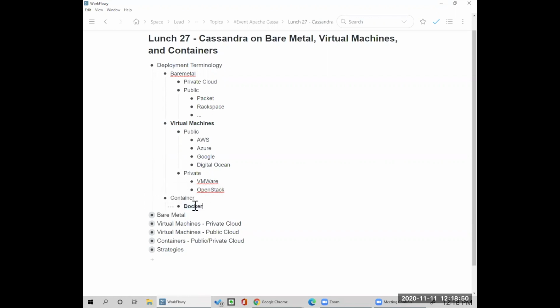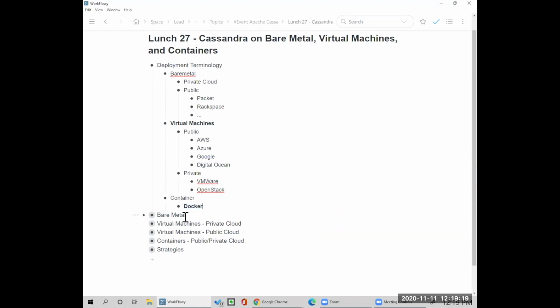you could run one Docker container of Cassandra on one virtual machine or on one bare metal. In fact, there's a talk by Instaclustr in their early days. They were talking about how they started to use, now I think they mostly use Kubernetes, but how they standardized all of their images to work with Docker.